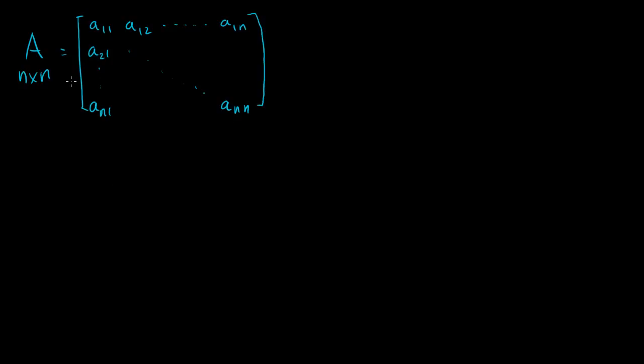Now, before I define how to find the determinant of this, let me make another definition. So this is my matrix A. Let me define a submatrix Aij to be equal to, this is n by n, right? So this is going to be an n minus 1 by n minus 1 matrix. So if this is 7 by 7, the submatrix is going to be 6 by 6, one less in each direction. So this is going to be the n minus 1 by n minus 1 matrix you get